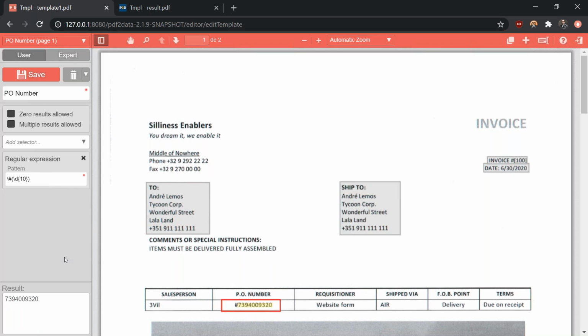PO number. Here we've used pattern matching, which is more for advanced users. Of course, you could use the pattern extractor and just use the pound key to extract everything. But it's just to show you the power of pdf2Data, where you can simply use a pattern match to extract. For those of you who are not familiar with pattern matching, basically what we are saying is that